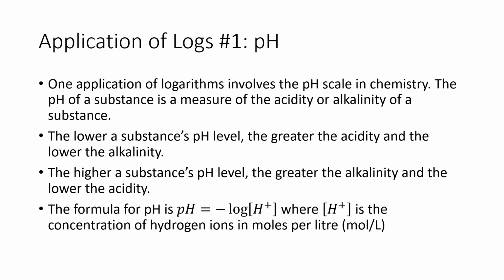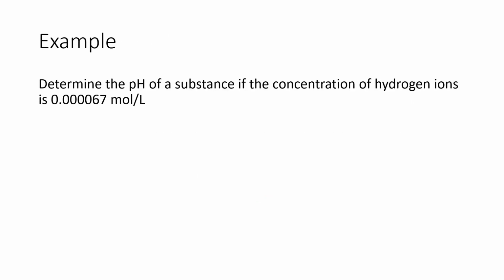Now, the formula for pH is pH equals negative log H+, where H+ is the concentration of hydrogen ions in moles per liter. Okay, so determine the pH of a substance if the concentration of hydrogen ions is